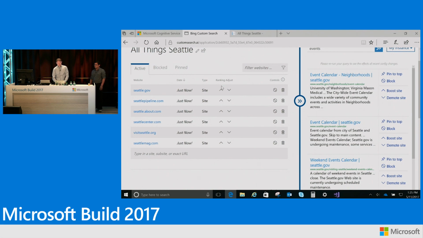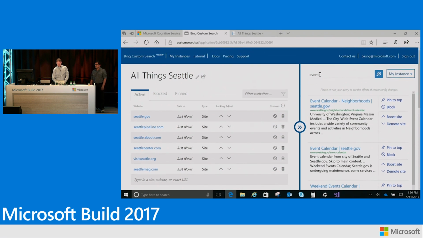I also have the ability, using these ranking arrows that I'm mousing over right now, to boost the ranking if I want to. This is not the ranking order that they will appear in, but I can actually tell it, I would like to boost this one, or I would like to demote this one and show it less because I don't like the results there. So that's great. So now I'm going to go ahead and type in